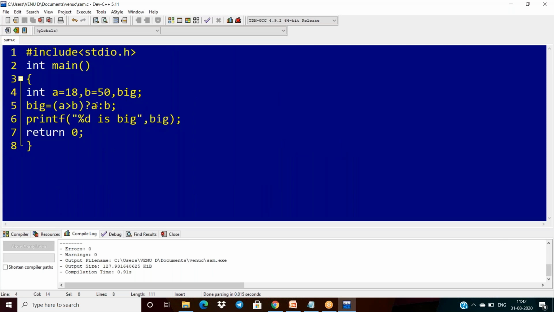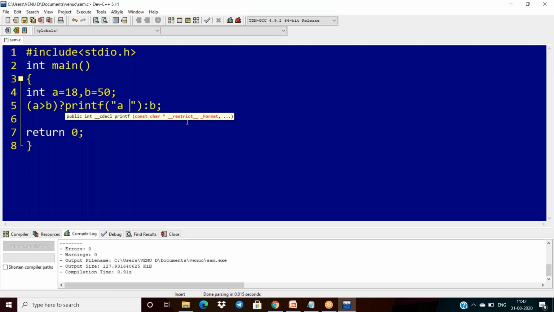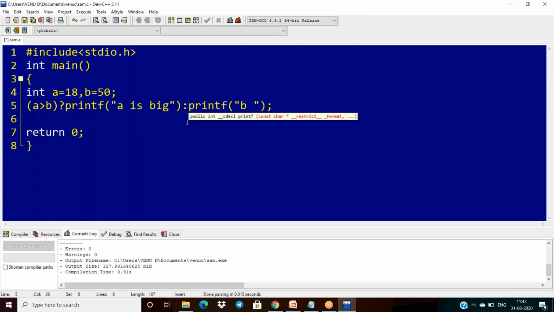And I don't have to assign directly to a variable like big. Can I write it directly here? Yes. In the place of a, I write printf("a is big"), and in the place of b, I write another statement, "b is big".